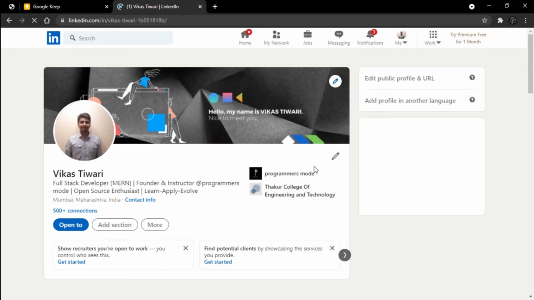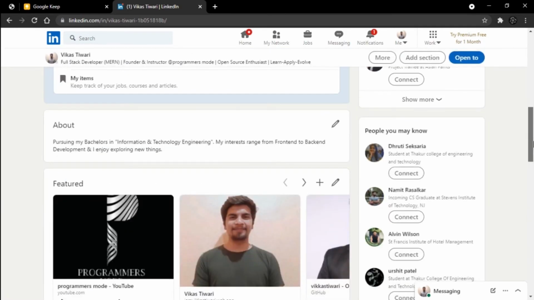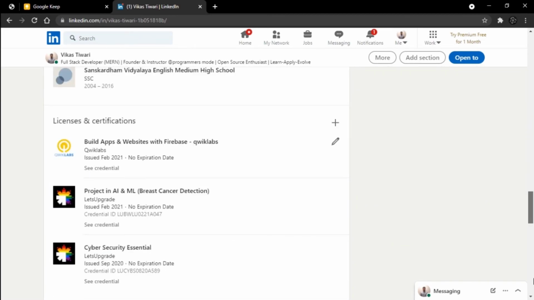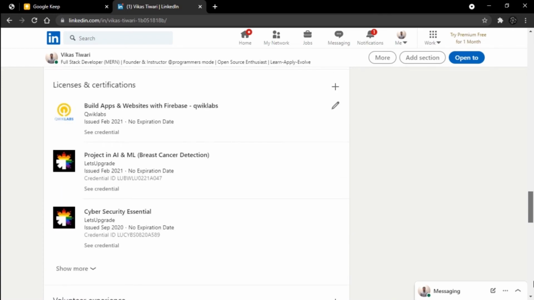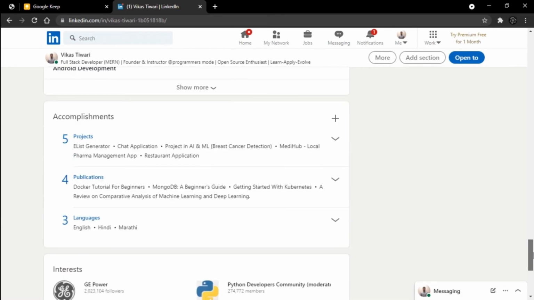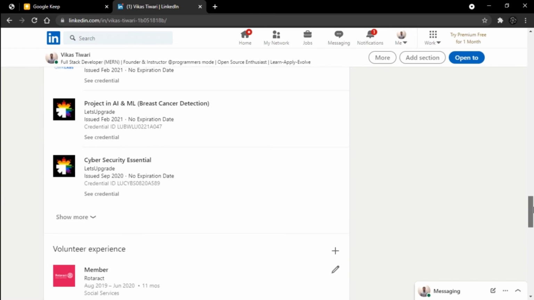So lastly, what you can do is create your LinkedIn profile. Once you create your LinkedIn profile, you have to build all these sections on your own. You have to keep building this at regular intervals of time as you proceed with one certification, or you do internships or some voluntary experience or any skills, anything you have gained, you can mention here on a daily basis as your achievements.